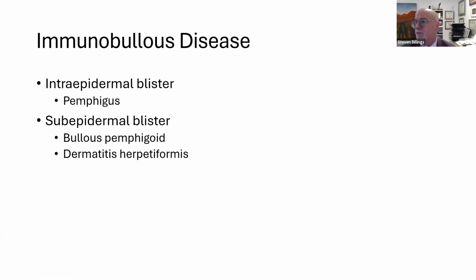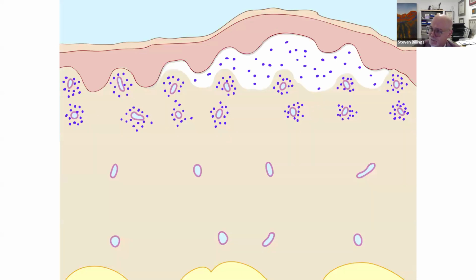Next, we're going to talk about immunobullous disease. I don't have time to talk about all the different types of immunobullous disease. I'm mostly just going to talk about pemphigus, bullous pemphigoid, and dermatitis herpetiformis. So, immunobullous disease, you can have it as a subepidermal blister, in which the entire epidermis is lifted off the